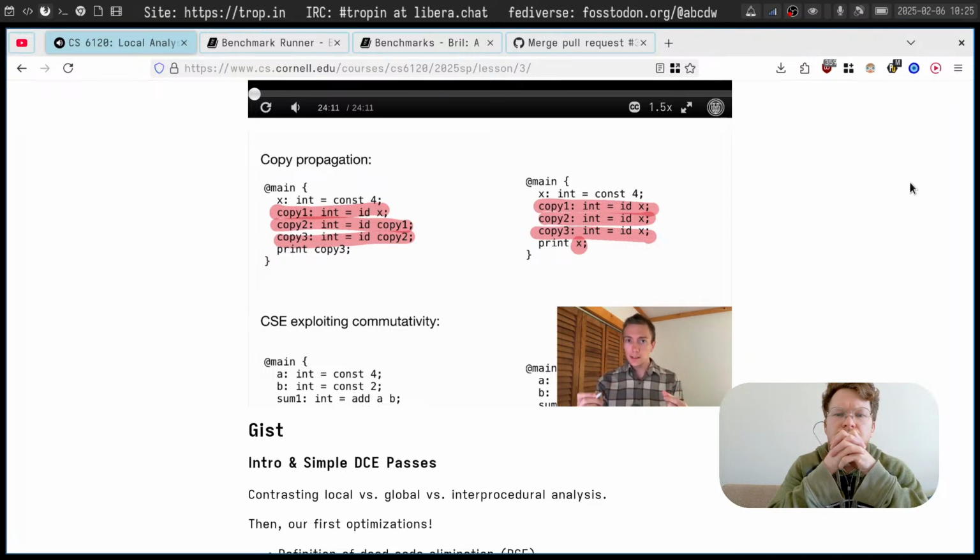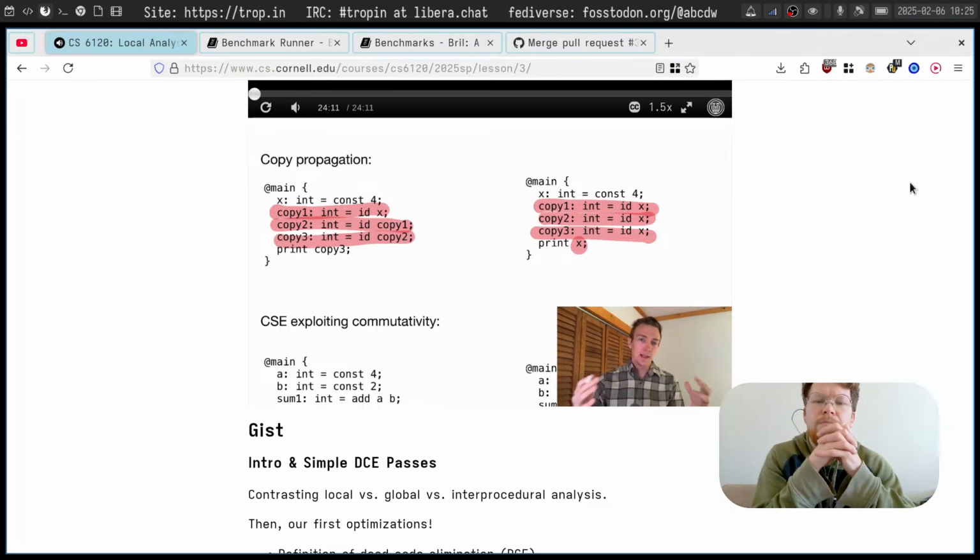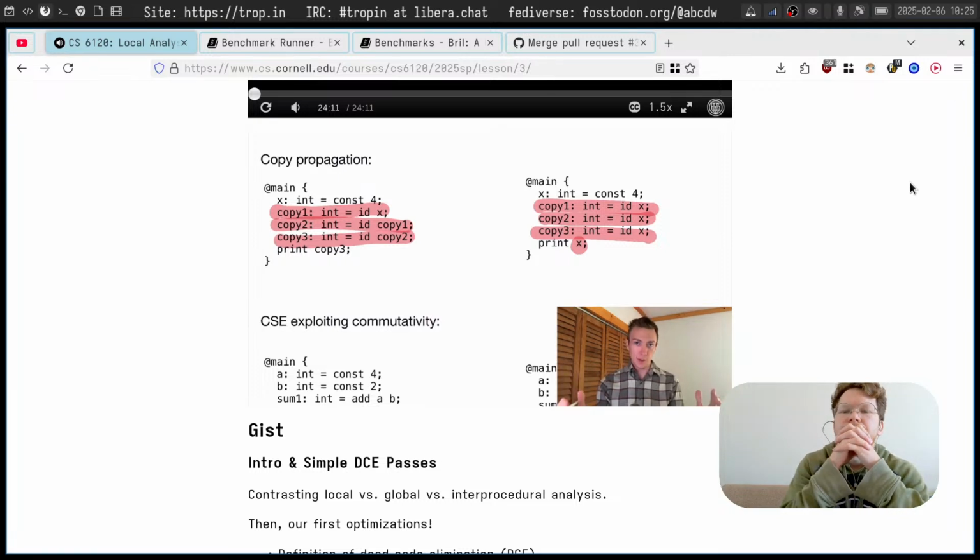The key to making it work is understanding something about the underlying semantics of the language. The basic framework I've shown you so far doesn't say anything about what actual instructions do, what the meaning of add is, what the meaning of multiply is. None of that matters for the basic LVN framework. This tweak to it, however, does. The instruction it needs to know about, the semantics it needs to understand, is the ID instruction. It needs to know that ID